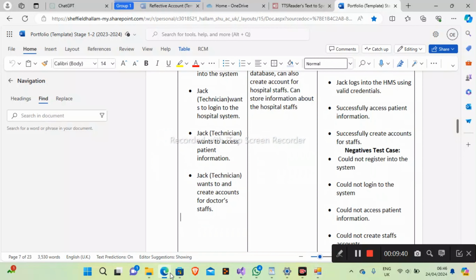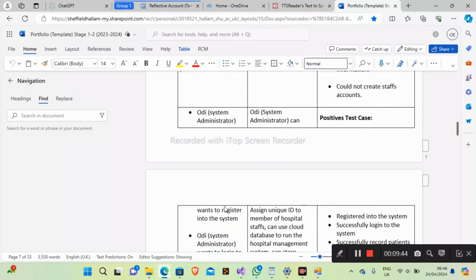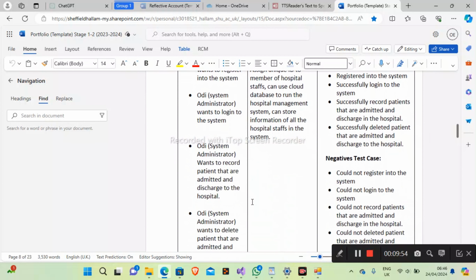So the last one is the system administrator. The system administrator wants to register into the system and wants to be able to delete